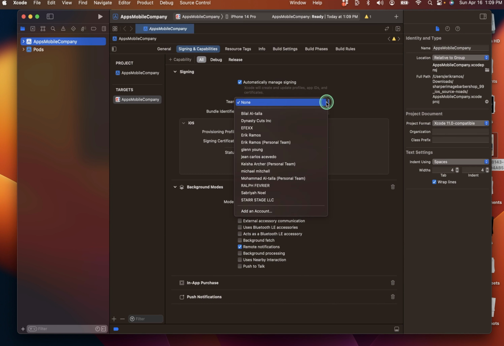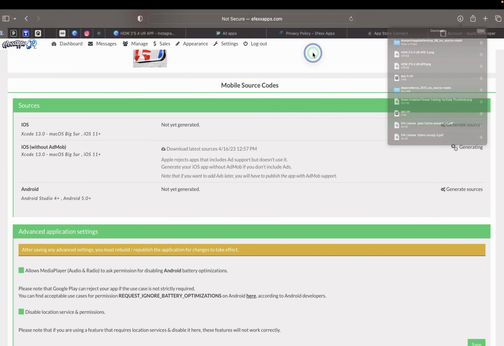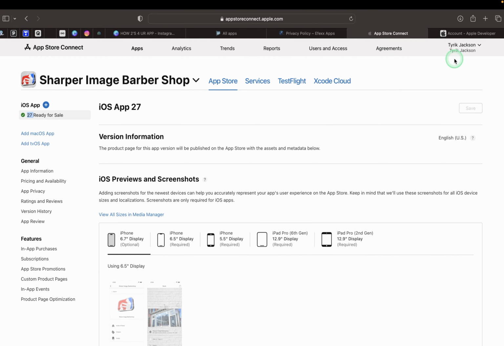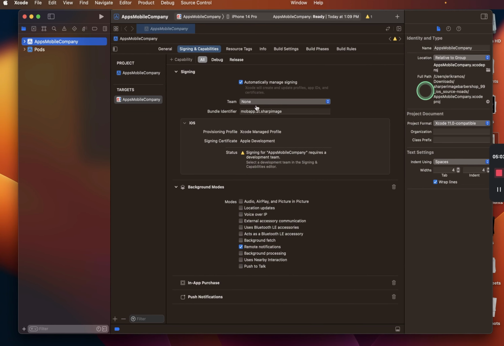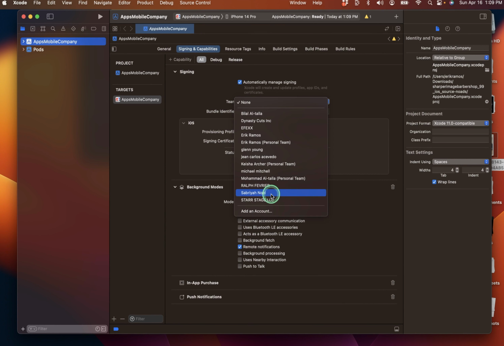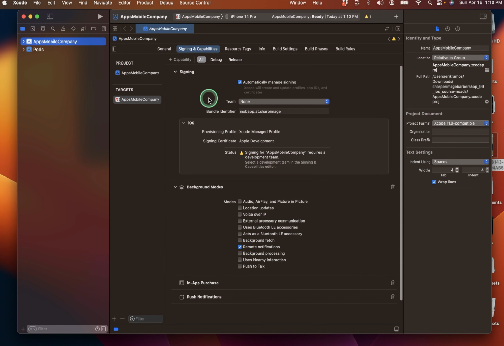Now we're going to search for the team. So in this instance, because we are doing Tyreek Jackson's app, we're going to look for Tyreek Jackson. If you don't find the developer account, we're looking for the name on the developer account that shows up here in the developer account. What name is here? If that name is not also here, what we have to do is log in to the person's developer account